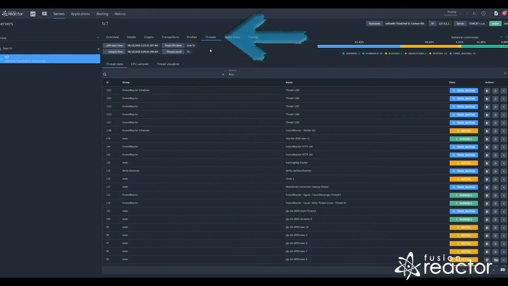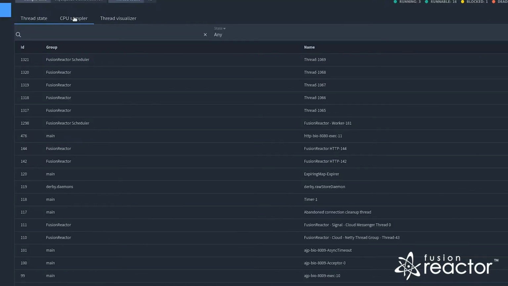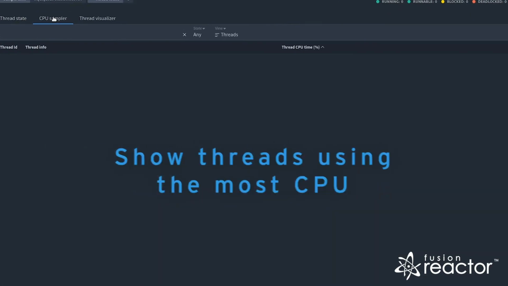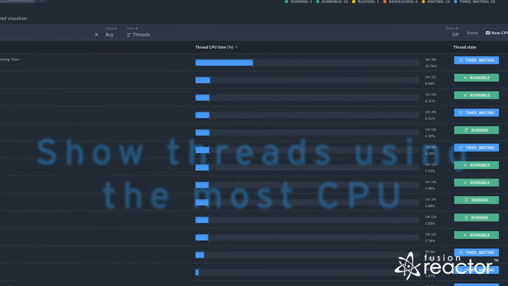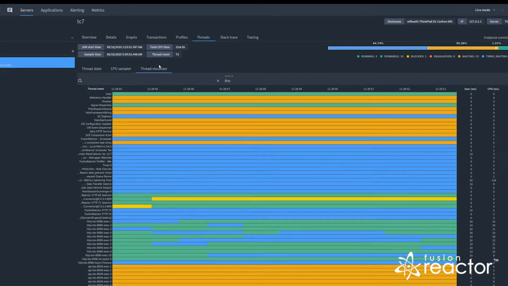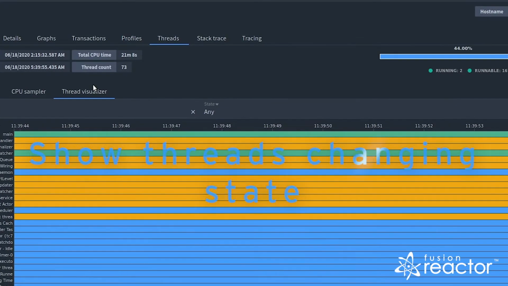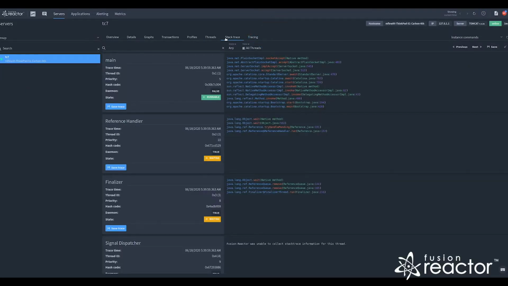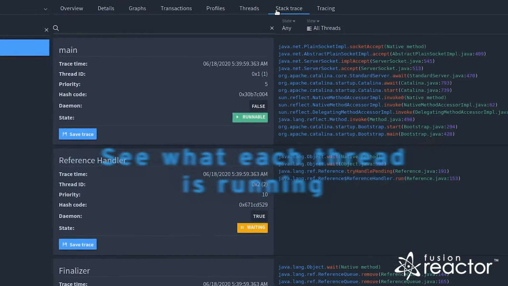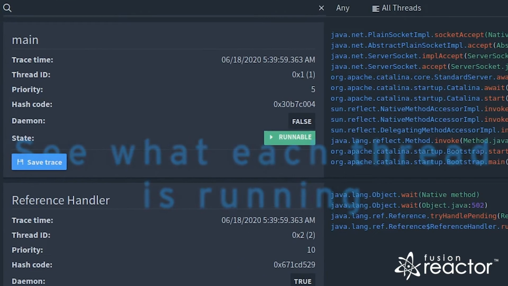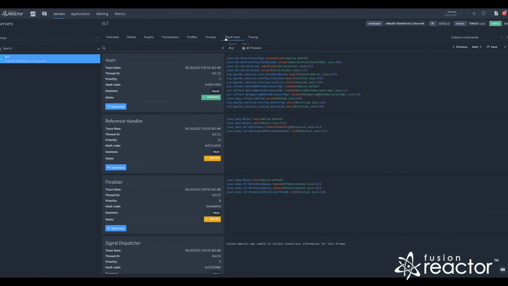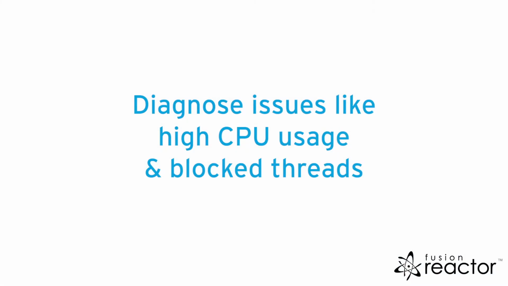Within the threads view, you can see an overview of all threads, the CPU sampler which shows which threads are using the most CPU, and the thread visualizer which shows the threads changing state over time. Stack trace will perform a stack trace all on the running instance so you can see what each thread is running. These views allow you to see the thread state and diagnose any issues such as high CPU usage and